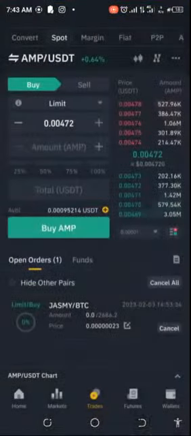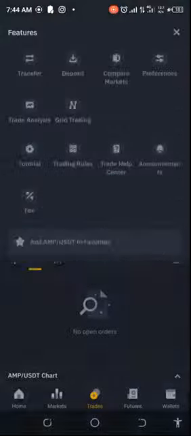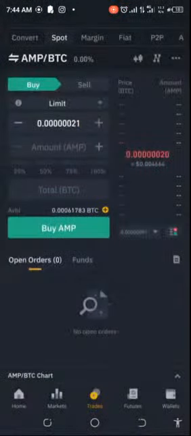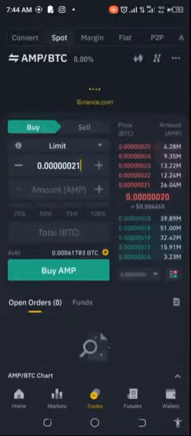Okay, so what I'm going to do first and foremost is cancel this trade. So once I cancel that, it releases back my BTC, and then I go ahead to do this for BTC. And let's hope that this works. So now what I'm seeing here is that the current